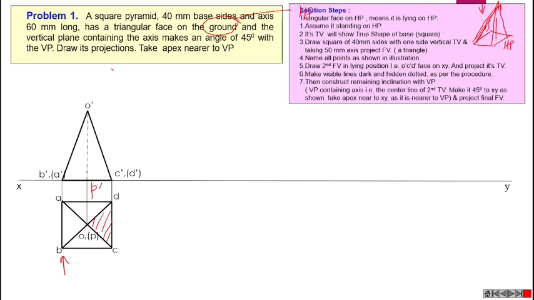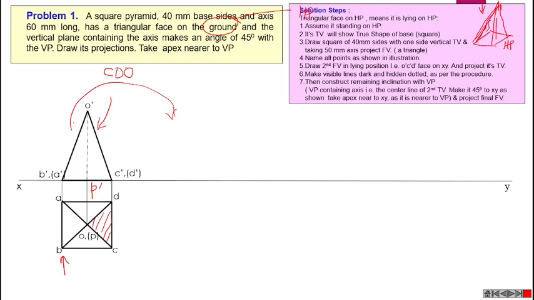CDO, this particular triangular face CDO, is represented as a straight line in front view. That means C dash, D dash, O dash, that straight line will become the front view of this particular triangular face. Then if we rotate this particular front view and draw the same